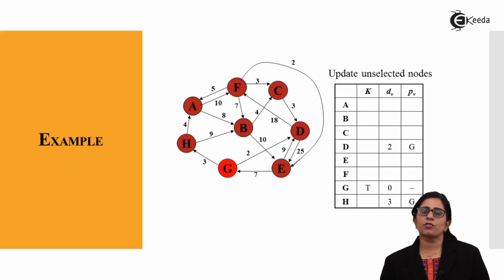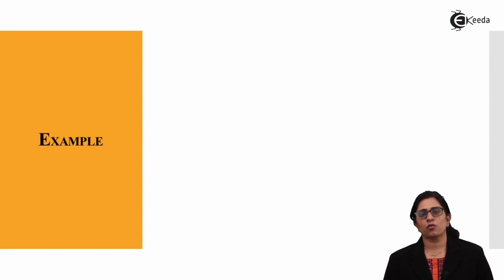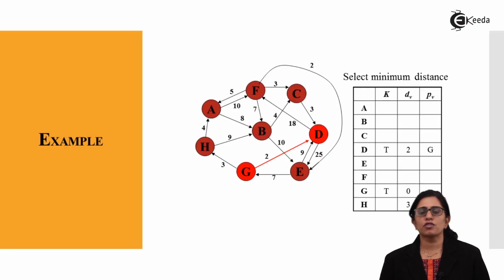So it gives a very clear picture that I have traversed the node G. From G, I can reach the two nodes, that is node D with a distance of 2 and node H with a distance of 3. As we are trying to find the shortest path first, among G to D and G to H, I find the shortest value on the weights. Among 2 and 3, 2 is the smallest element. So now from G to D, D becomes my start.